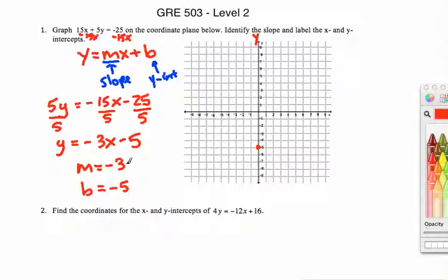The slope here is negative 3, which could also be written as negative 3 over 1. Remember that slope is rise over run. So our rise is negative 3, so we're going to go down 1, 2, 3, and right 1. You'll notice here that I'm going to have a negative slope, which is what we want. It's supposed to be negative 3. And then let's continue making points. But the idea here is we're going to have a nice line